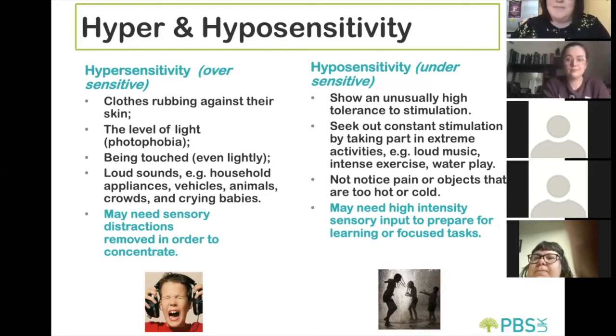And you might also have people who are oversensitive to certain kinds of touch, but undersensitive to other sorts of touch. It can actually be different within the same sense. So it's not as clear cut as you're either in that box or that box. It's a really complicated profile that we need to get a good understanding of from person to person to really understand their sensory needs effectively.